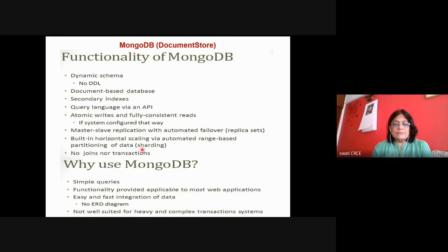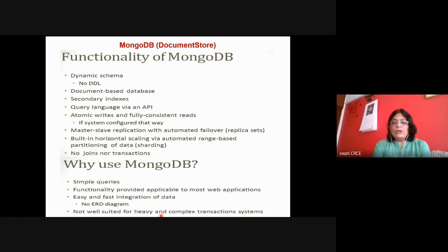There are no joins and no transactions. Now, why use MongoDB? Because we can query the database. We can search for something from the data store, and the queries are very simple for big data. This functionality can be applicable to web applications. Easy and fast integration of data is there.